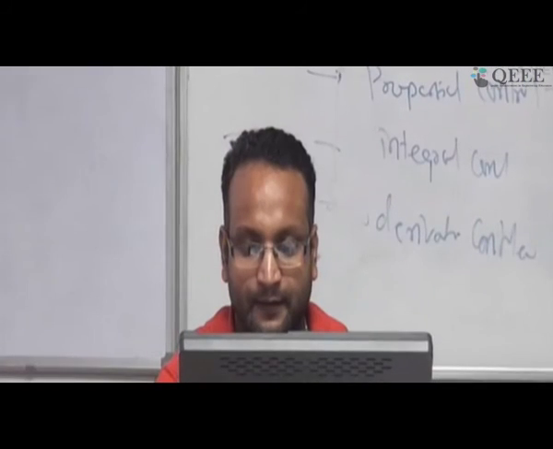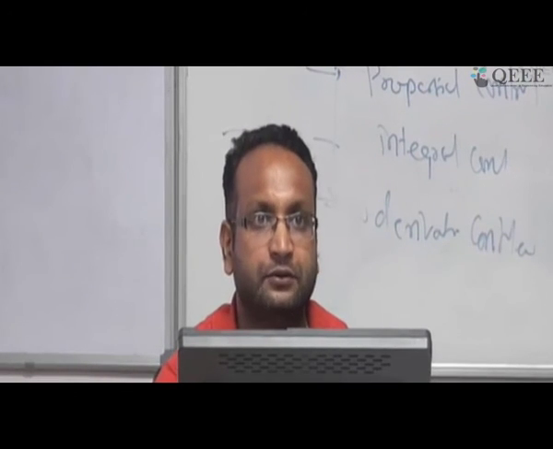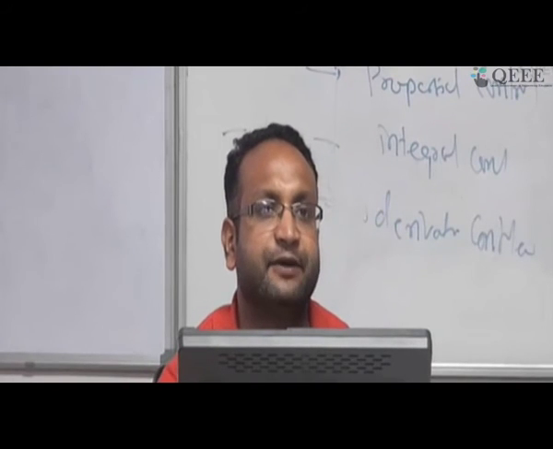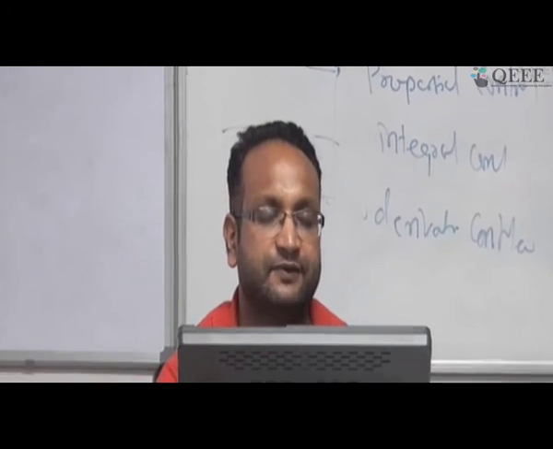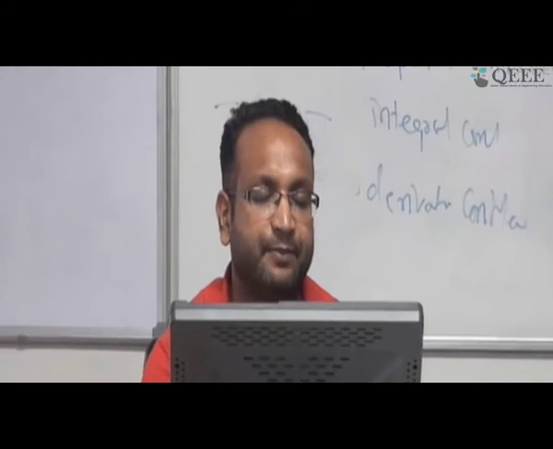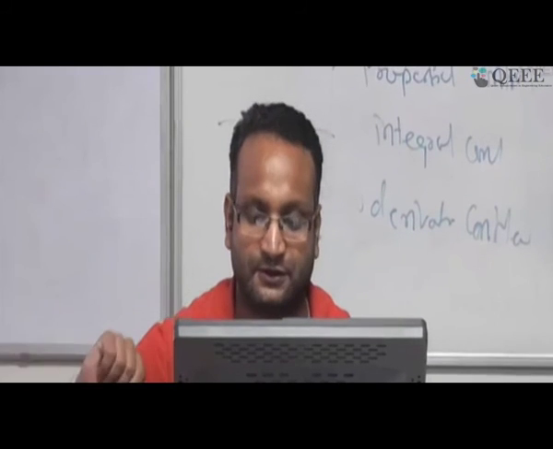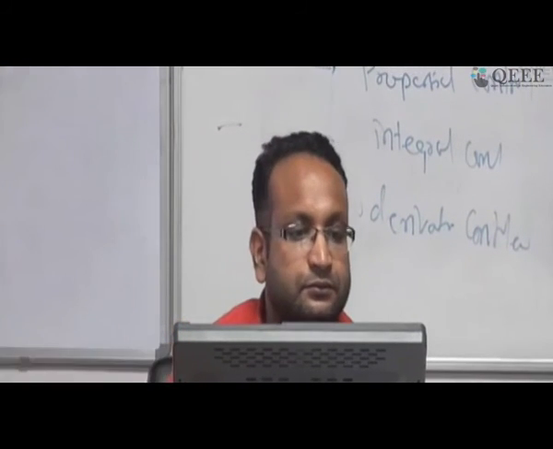Okay, sir. Now one question: how do we define zeta? As I explained, zeta is a damping factor. If you look at the quadratic equation, s square plus 2 zeta omega n s plus omega n square, that is where zeta has come. And the damping factor is the way you are damping your response. Damp means it is coming down. Okay, sir. Thank you.